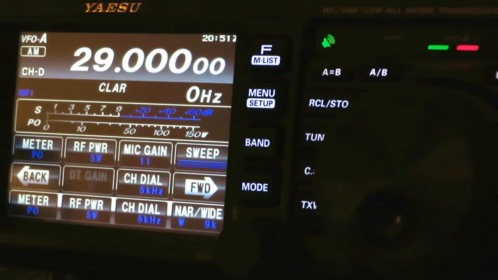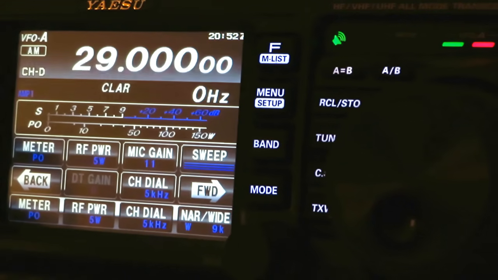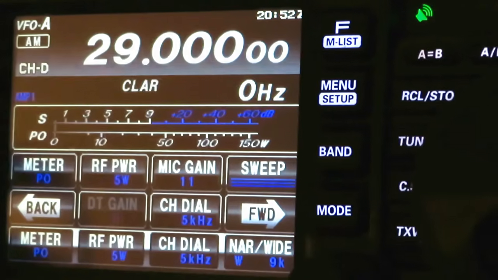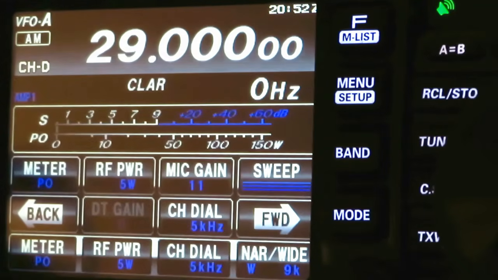As long as you are operating within the rules and there is enough bandwidth and you are not causing interference to other stations, then there is no reason why you cannot transmit AM on a particular frequency in a particular amateur band. When operating AM, the RF power setting refers to the carrier power, and as the Yaesu FT-991A is